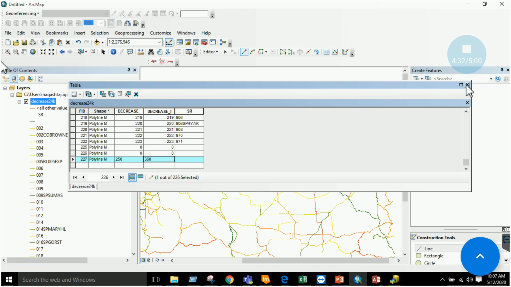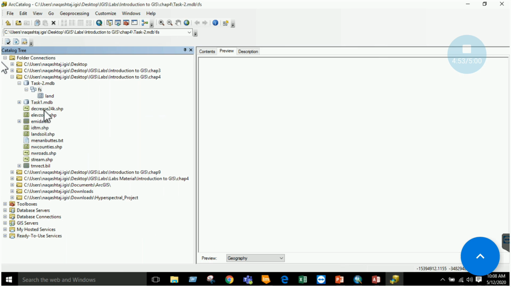So this is the exercise of the object-based vector data model. You must be clear that the object-based vector data model is point, line, and polygon. You must be clear with the concept of files, geodatabase and personal geodatabase, a feature dataset and a feature class, and how to import a shapefile into a feature class using ArcCatalog.